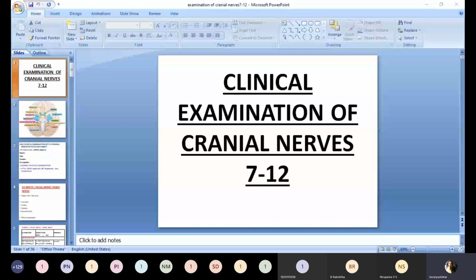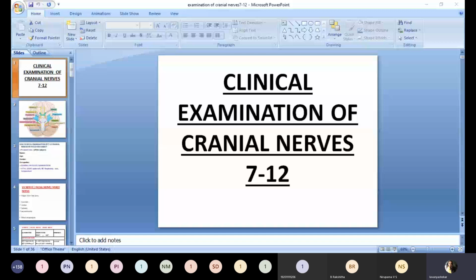See the tabular column also; you can take a screenshot. Keep it ready so that once you come to the college, we can just give you the demo. The tabular column also has to be written accordingly in the order. I think this was explained in the previous class already.